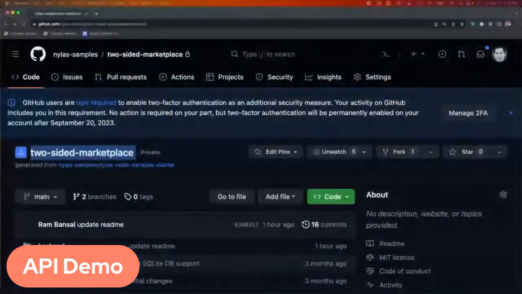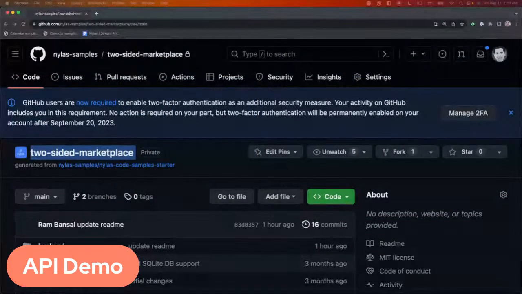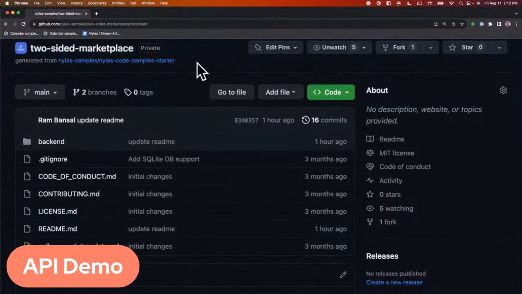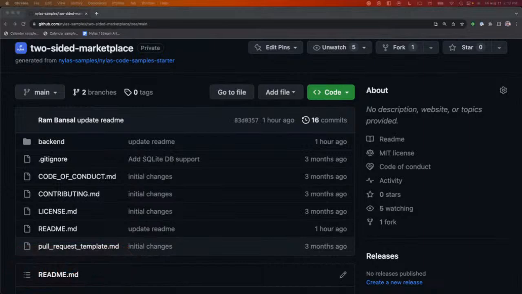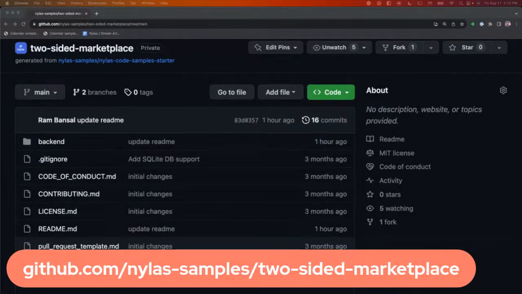Cool. So we're going to do an API demo next. First of all, I just want to show the repo. There we go, right here. So we've actually put the repo together online, so it's available for you to take a look at. And I'll make sure it's public after this video. So you can take a look at it at